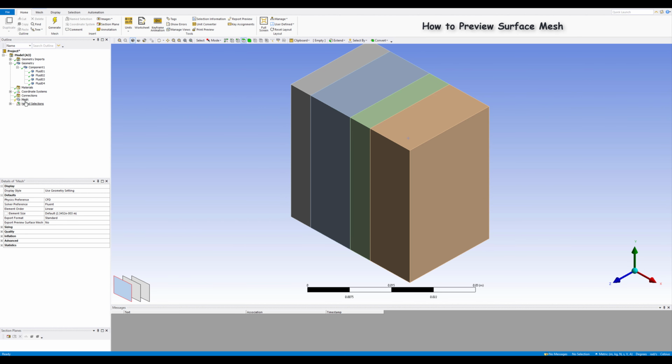If I generate the mesh, we will have a rough mesh based on the default setting, so we can see how it will look like, and if we need we can modify it. So I can right click on the mesh, and under the preview here we have access to surface mesh and inflation. But as I don't have any inflation layer at the moment, if I select this one, the surface mesh will appear. So I will just select the surface mesh now,